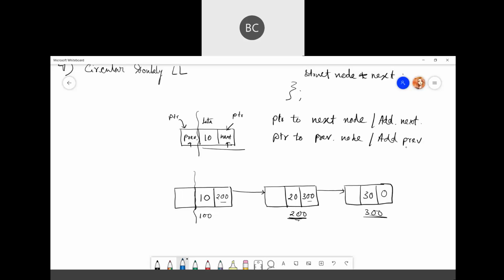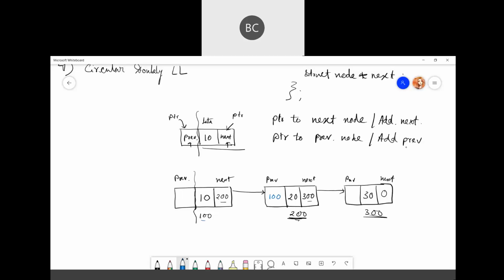Now in the previous part, this is your next and this is your previous. This part will consist of the address of the previous node. So this is the second node. What's the address of the previous node? 100.